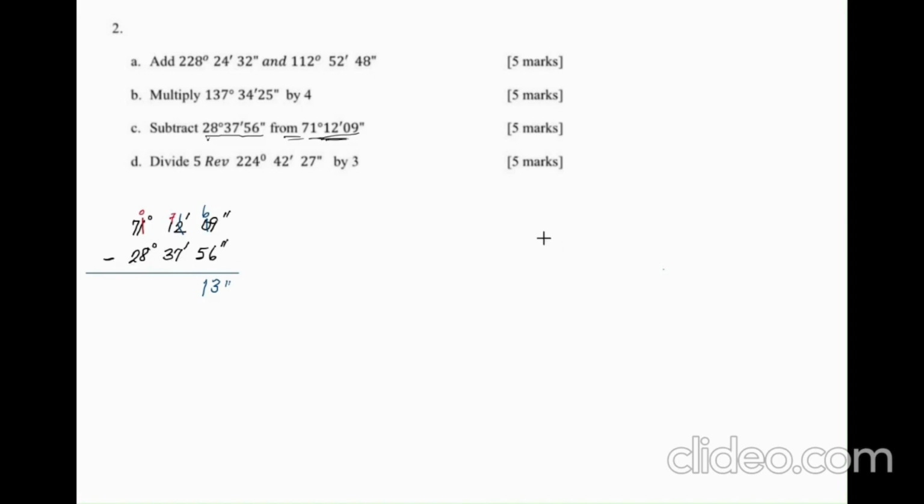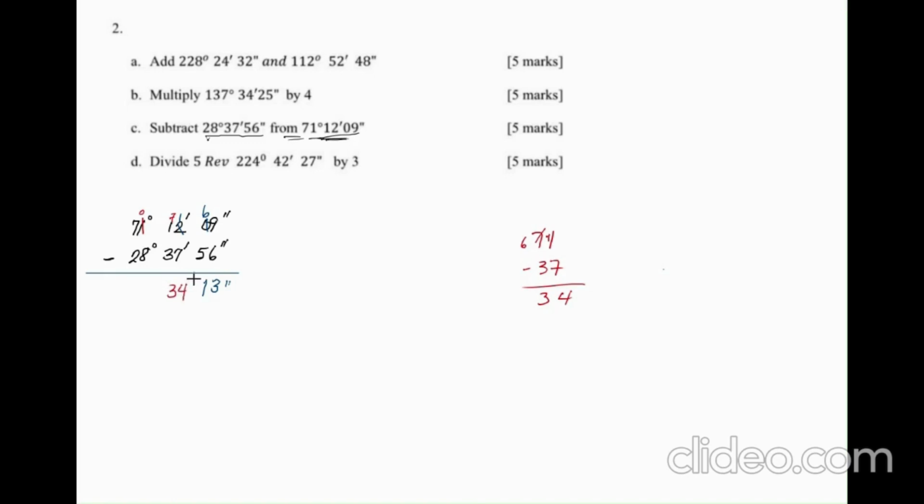Okay. Now what I have here is 71 minus 37. That's doable. So now I can perform this action. But I can't get 7 from 1. So I have to borrow from this 7 here. This becomes 6. This becomes 11. This is now normal math. 7 from 11 is 4. Okay. 3 from 6 is 3. So this becomes